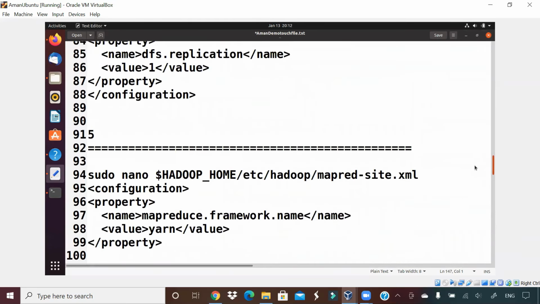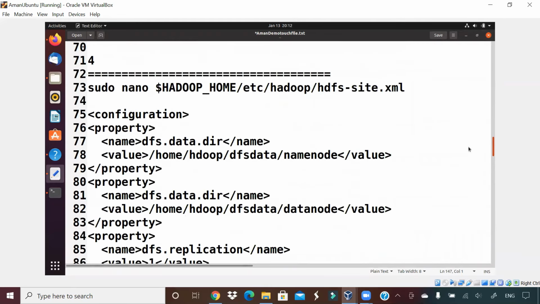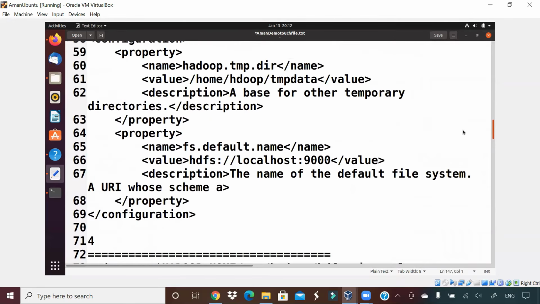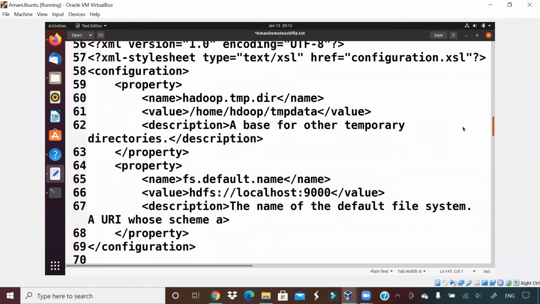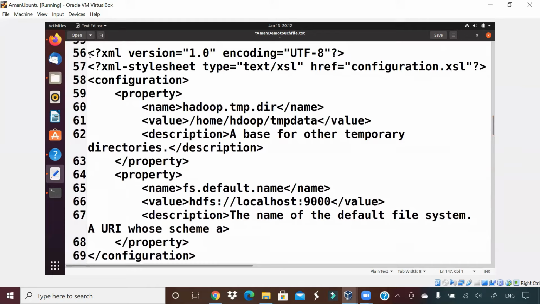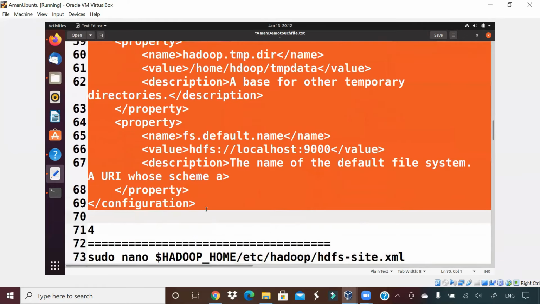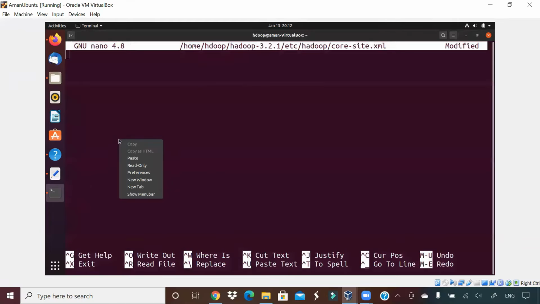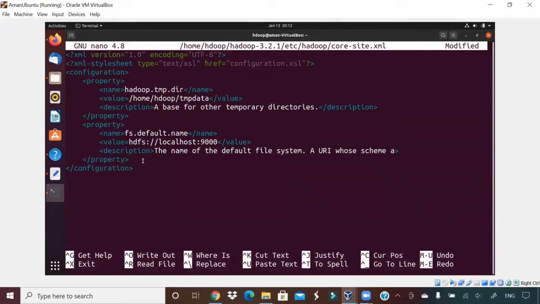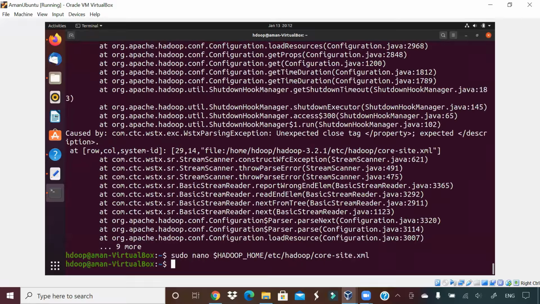Core-site.xml, where is that file? HDFS site. This is my core-site.xml file. So let me copy the content from here one more time. Okay, Control C. Let us go here, paste, and say Control X, Y, enter.